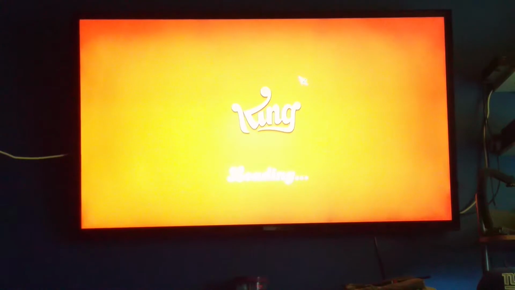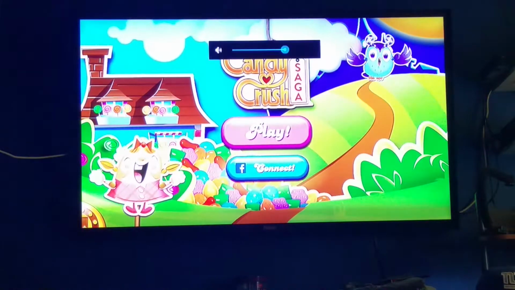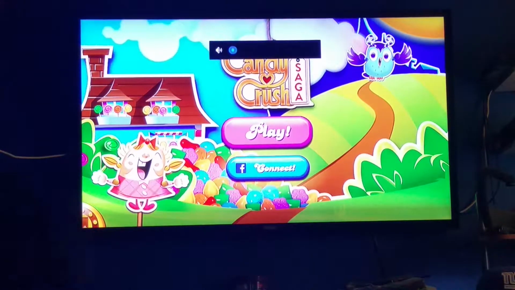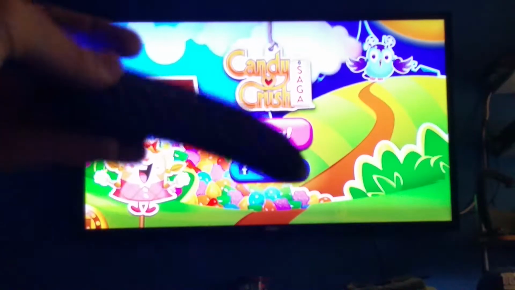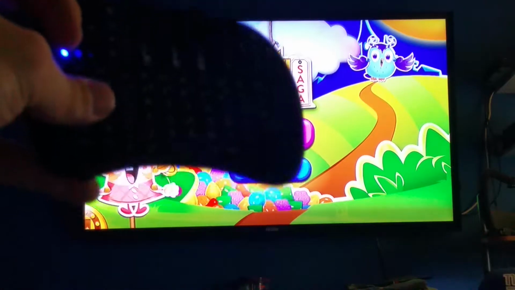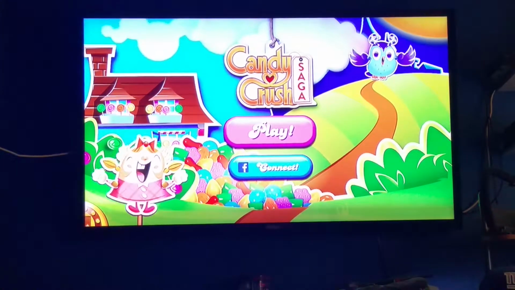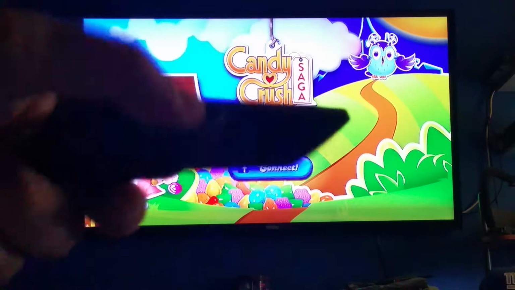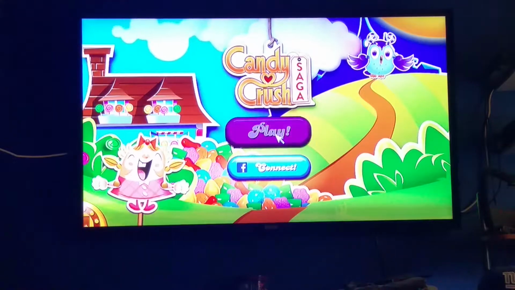And right now, as you can see, this is the 65-inch TV. Let's lower this down. I'm also using my mini keyboard. This is perfect. If you are going to get this or any stream box, you want the mini keyboard for it, because if not, this little controller right here is hard to use to play games and all that stuff. It's not worth it. So I'm just going to show you right here.